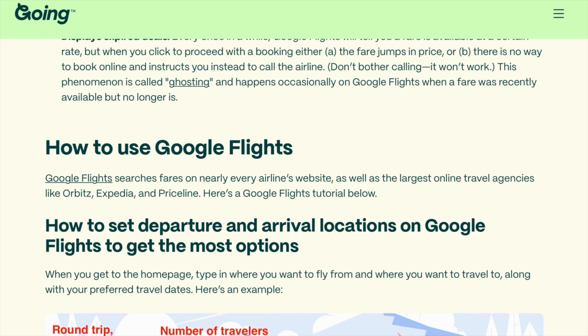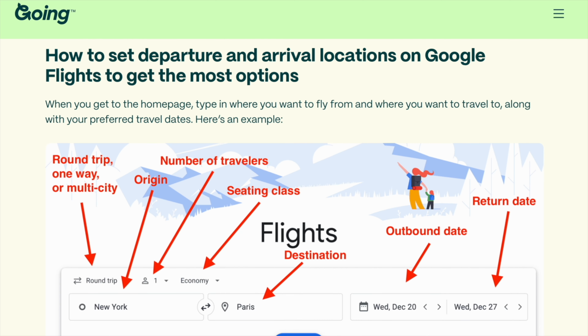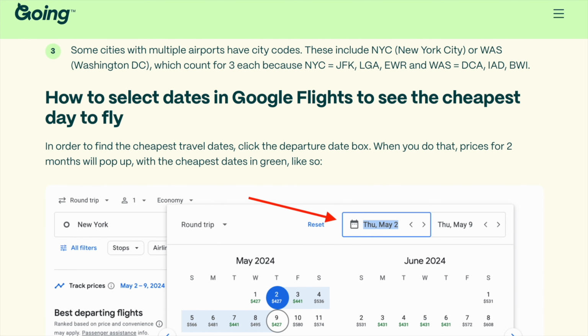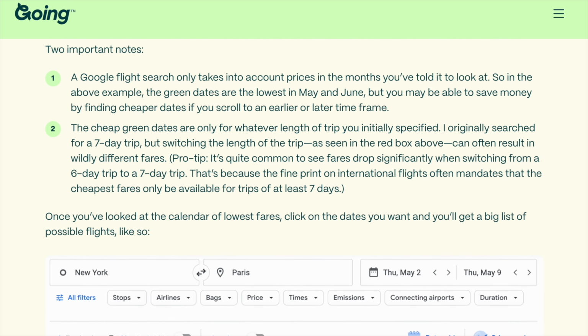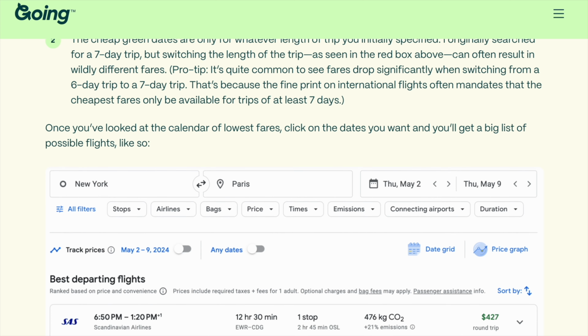So how to use Google Flights? Here, this guide will walk you through step by step on how to best use it. Select dates. You can see there's that calendar view, which is fascinating. It's got the prices right there in the calendar, shows you which days are better to choose